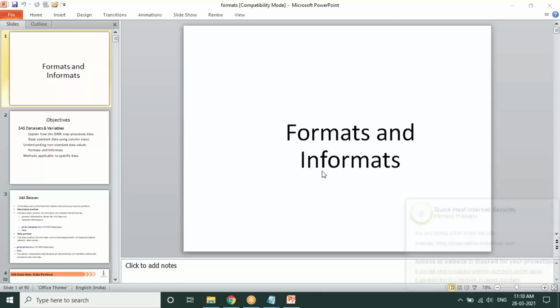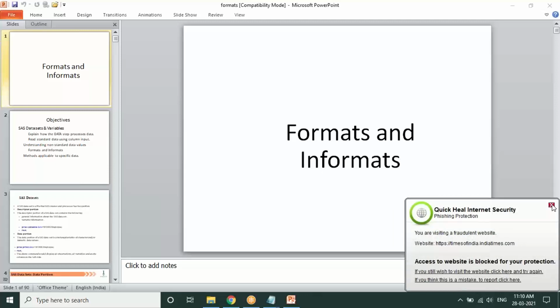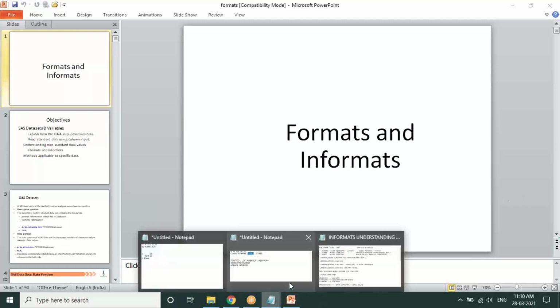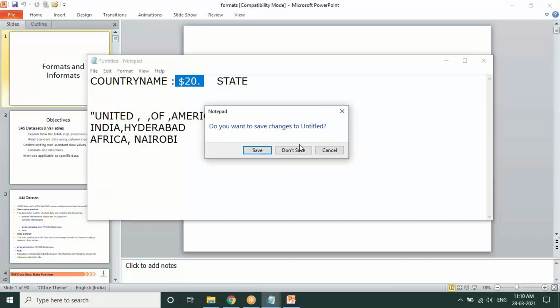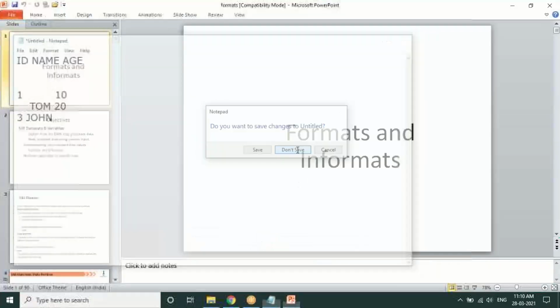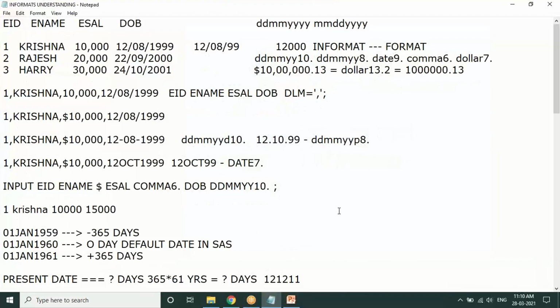Then what are non-standard values, which are not in a standard format? It is any data like dates, currencies, different types of delimited files, or hexadecimal values. All these are considered non-standard data.